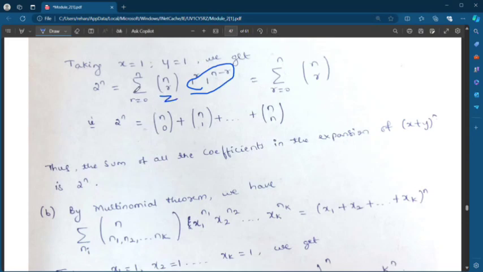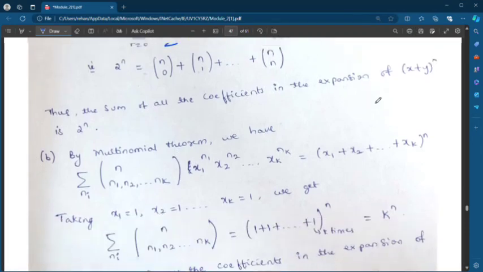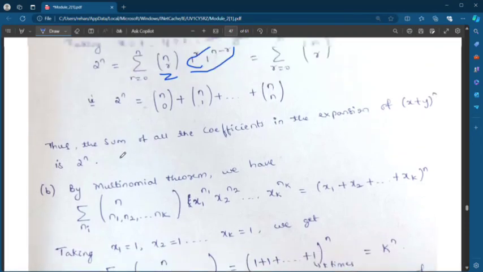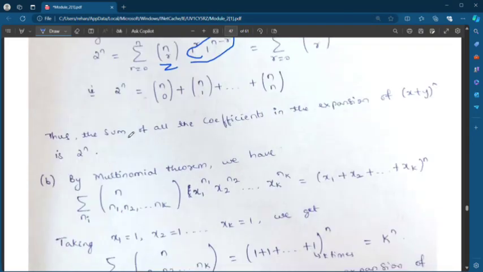That's why summation of r from 0 to n, nCr. So only nCr remains, plus 1 times nC0 plus, then again summation is addition, right? So 1 times nC0, 1 times nC1, 1 times nC2, and so on up to nCn. Thus the sum of all the coefficients in the expansion of x plus y to the power of n is 2 power n. Okay, then second, by the multinomial theorem we have summation of n!/(n1! n2! ... nk!),